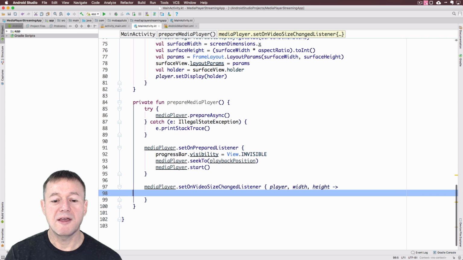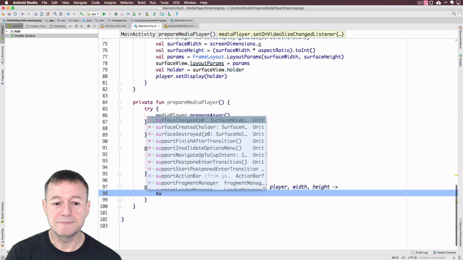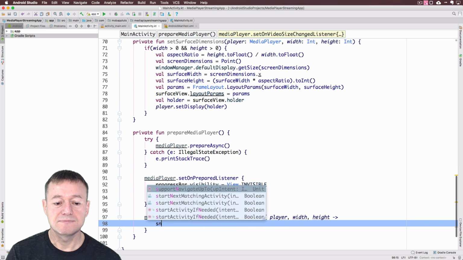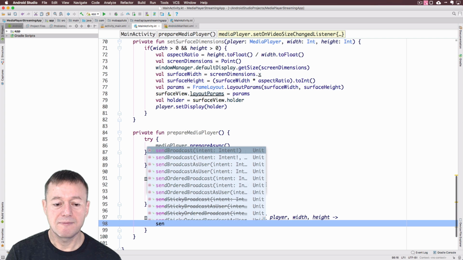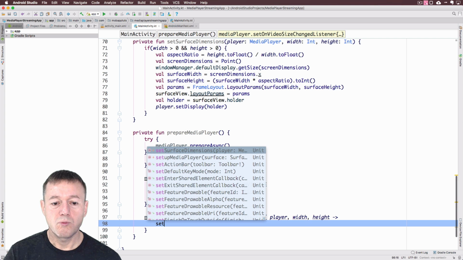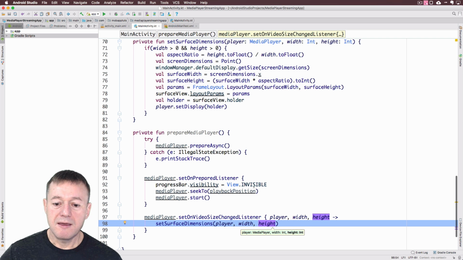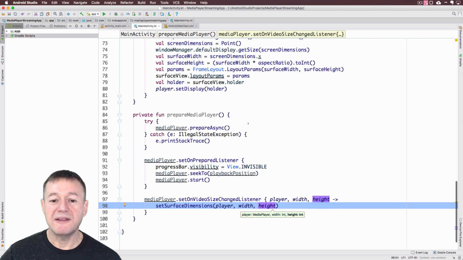So we'll go down into the video size change listener, and we'll call our set surface dimensions. Pass in the player, the width, and the height. Okay. And that's all we should need to do for the prepare media player,